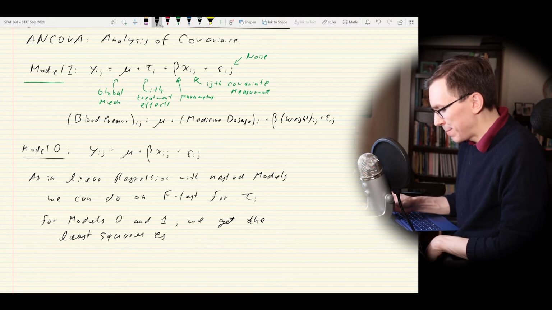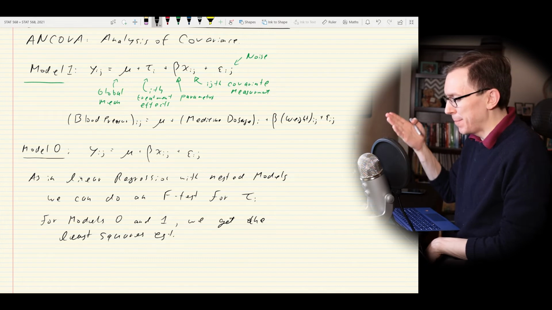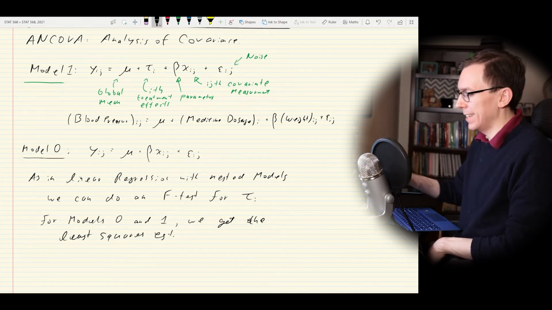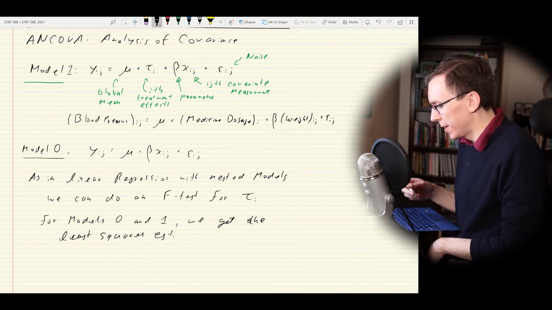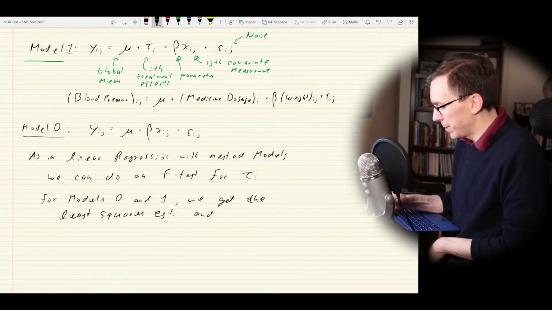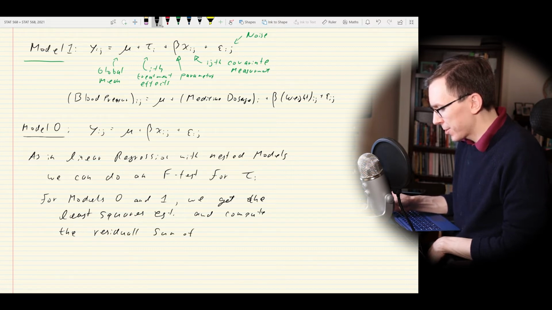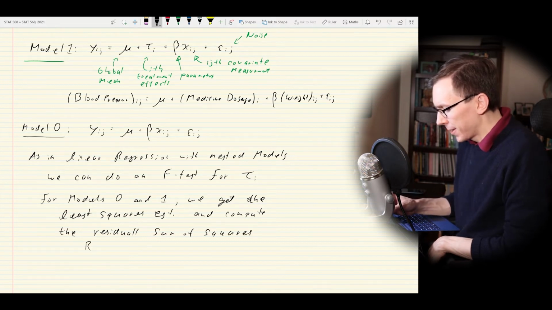The least squares estimator, like you would in regression, your beta hat, say, but in this case, it would be beta hat and also mu hat and tau hat, specifically for model 1. So we would get our least squares estimator and compute the residual sum of squares for each, which we'll denote as RSS0 and